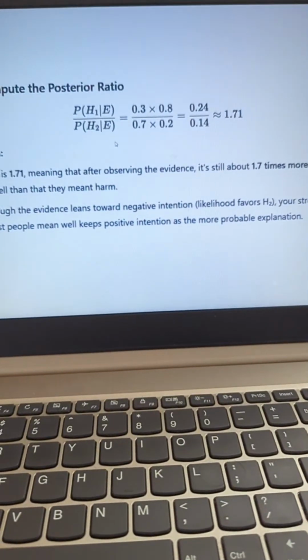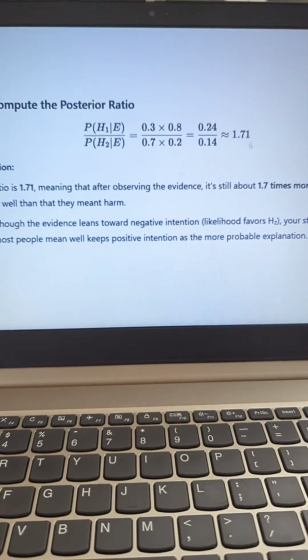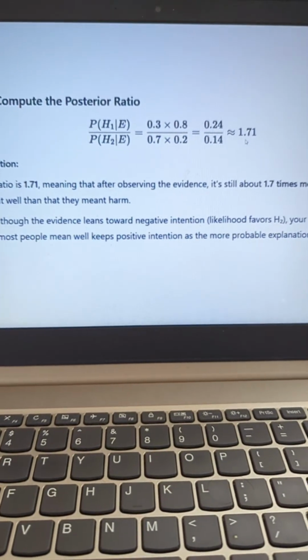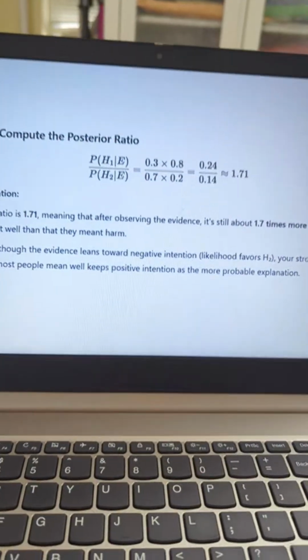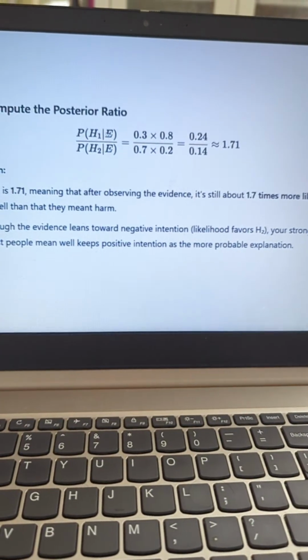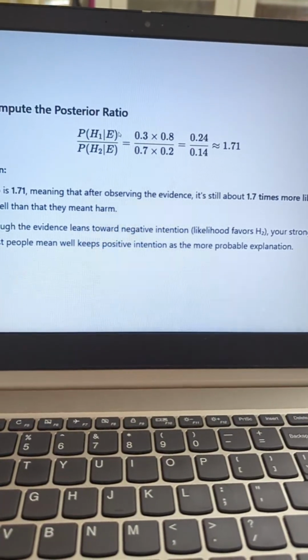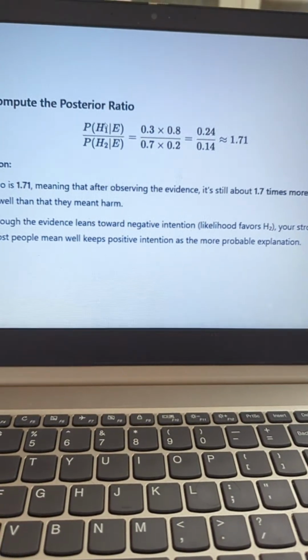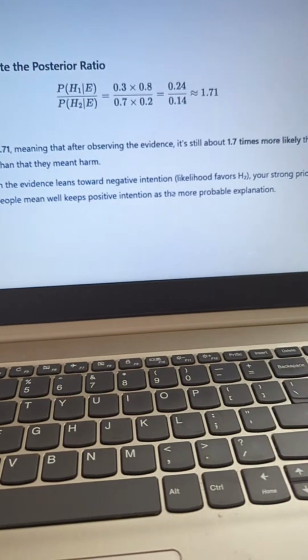So here, how could you interpret this? 1.71. If the number we spit out here is 1, we have a problem, but I won't discuss that, because if it's 1, then it's equally probable. That's not likely to happen, actually. But if it's more than 1, what do we have? We end up saying that hypothesis 1, given our evidence, is actually the most probable,